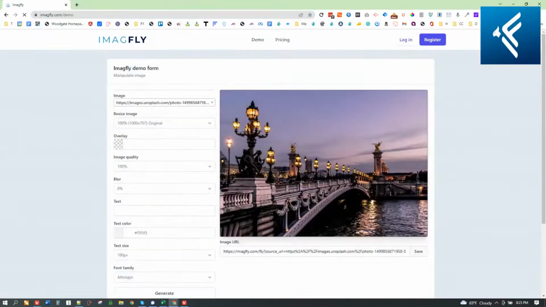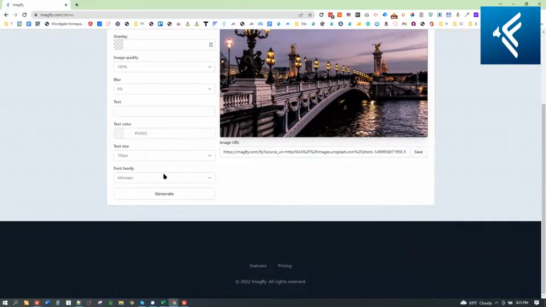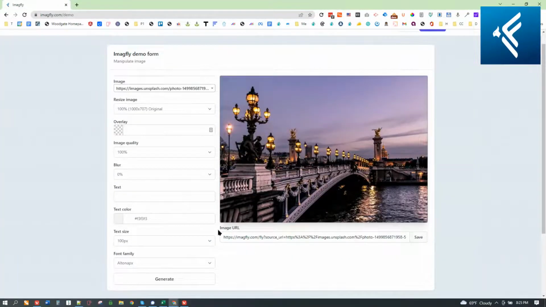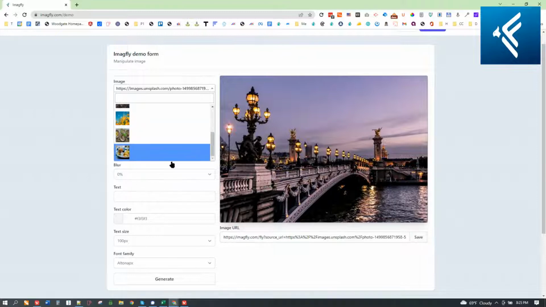If you want to demo it, you don't have to buy or sign up. You can just demo and try it out right here for yourself. This just has some of the basic features of it. And you can see how it can take an image from Unsplash, or any URL basically, and you can then convert it or make it a higher quality or lower quality image, reduce the image.